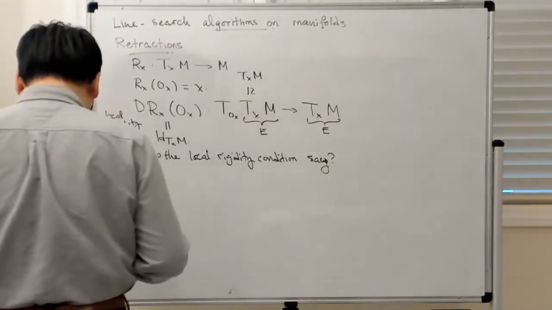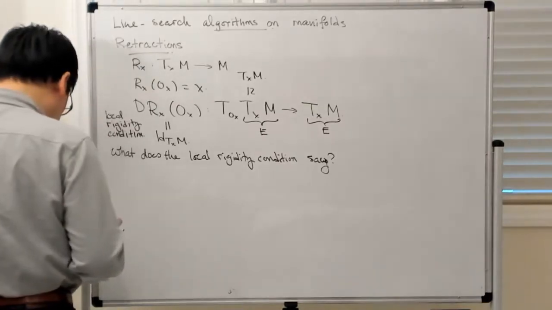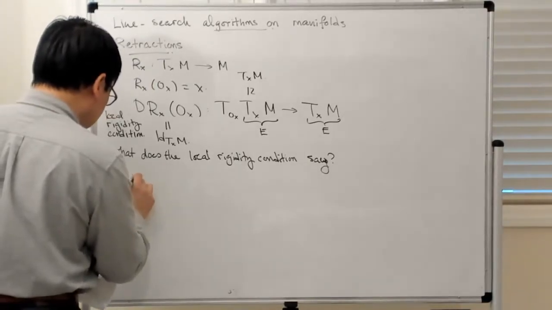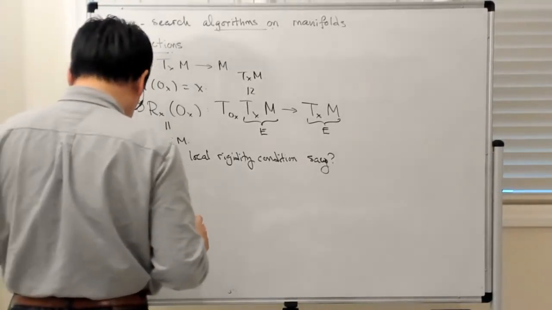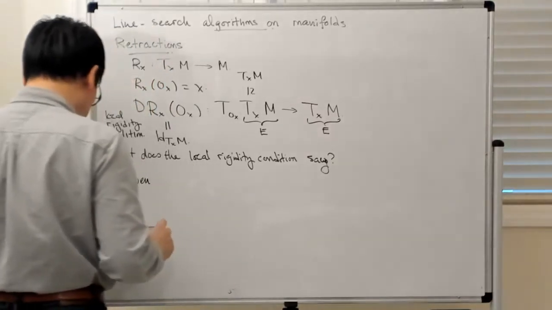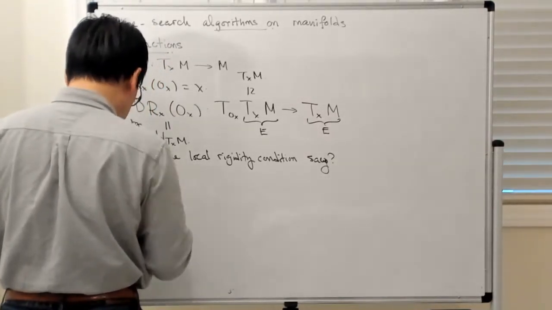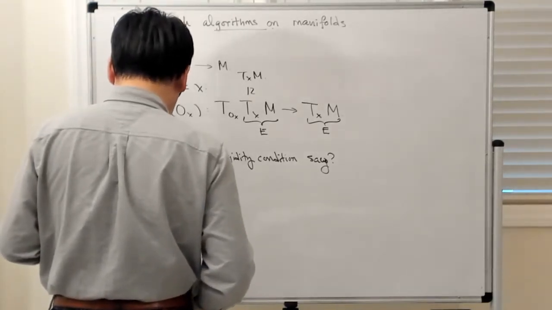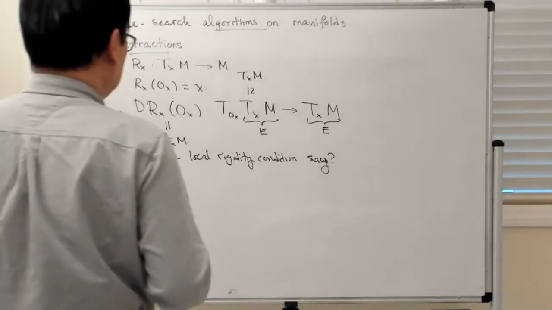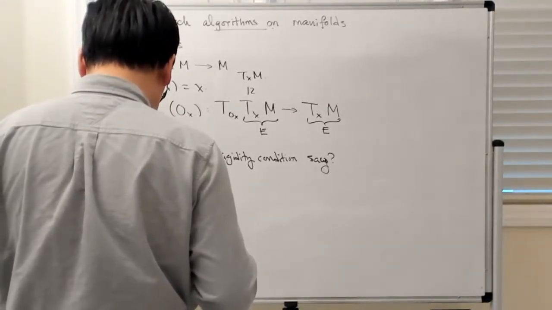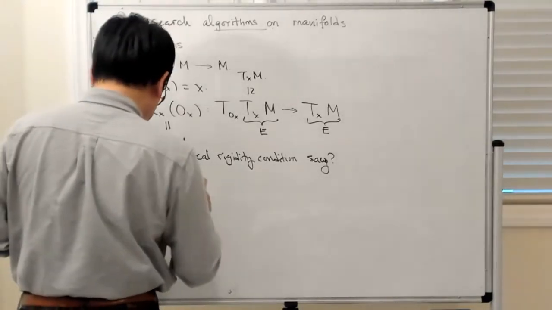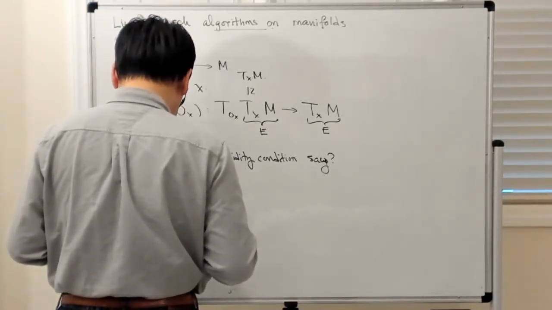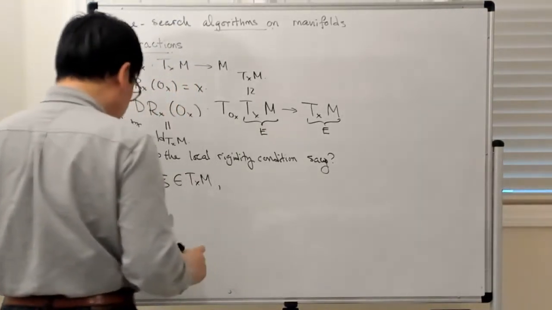Okay, so what it says is the following: if you have a tangent vector, so given some eta, given some tangent vector in T_x M, we look for a curve gamma,